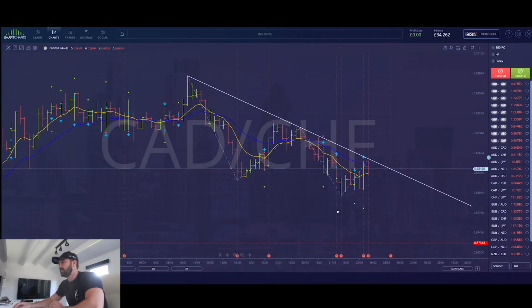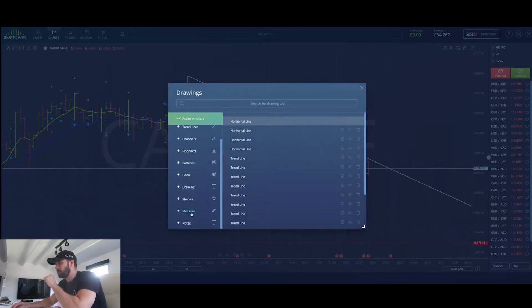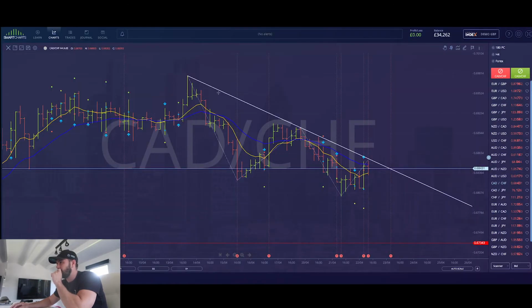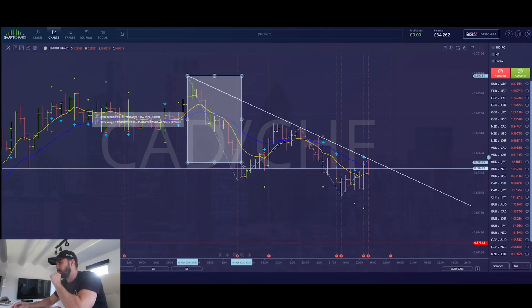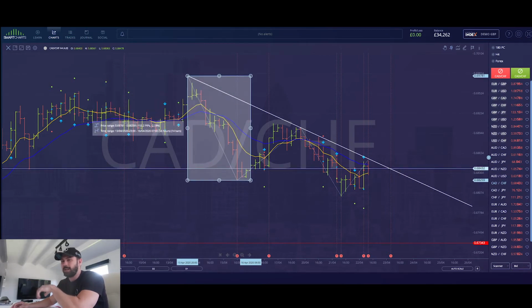Okay, so this is the phase 1, phase 2 move. Now, I'm predicting that this red line is going to be the end of the next phase 1 move. So the only way I've managed to predict that is if I go onto my measuring tool, time and range, and just measure the first phase 1 move. Now obviously you're never going to get the perfect timing, never, but this is a 152 pip move over